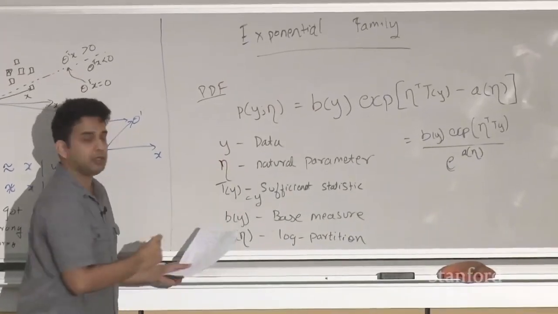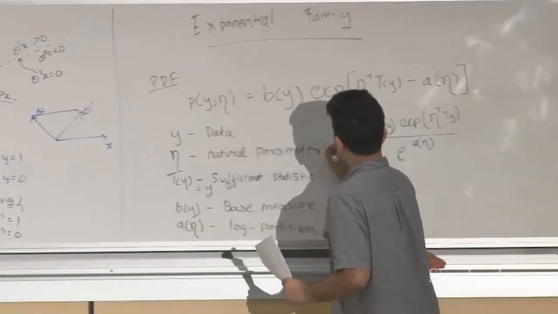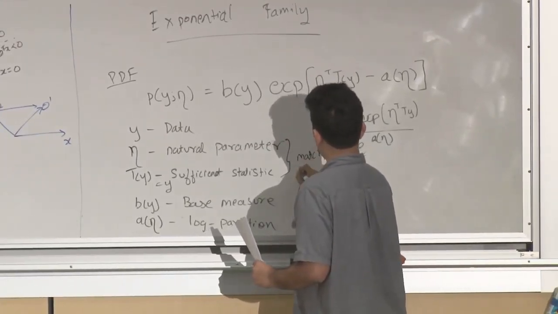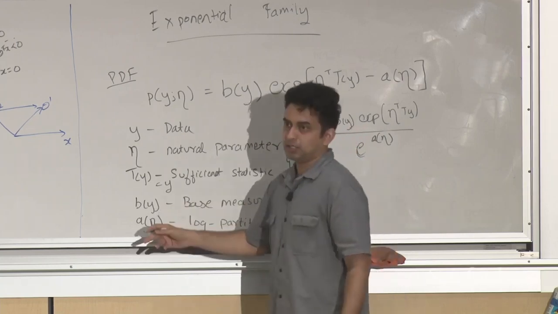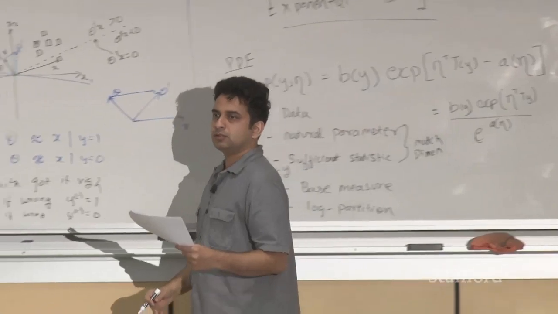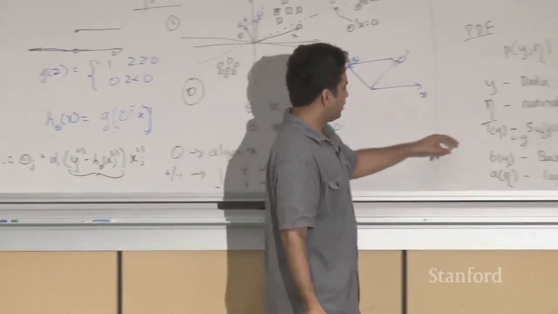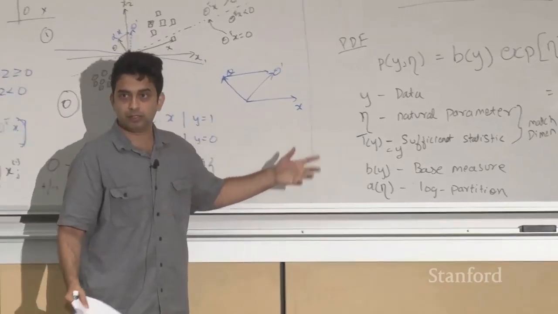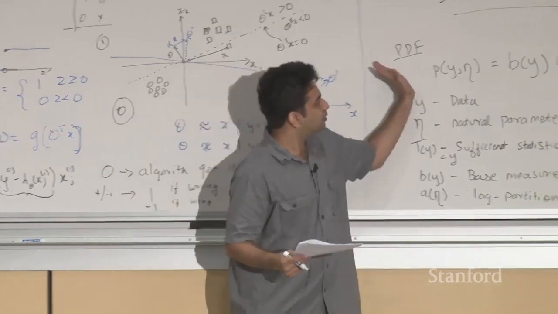T of Y has to match, so the dimension of these two has to match. For any choice of A, B, and T that can be your choice completely,